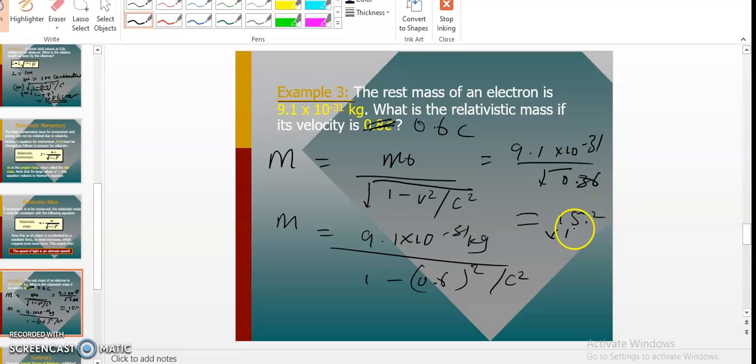So our final solution would be 15.2 times 10 to the power of negative 31 kg. So this is the solution, and this is the relativistic mass we are looking for. In the next video, I shall be taking you through mass and energy. Prior to the theory of relativity,